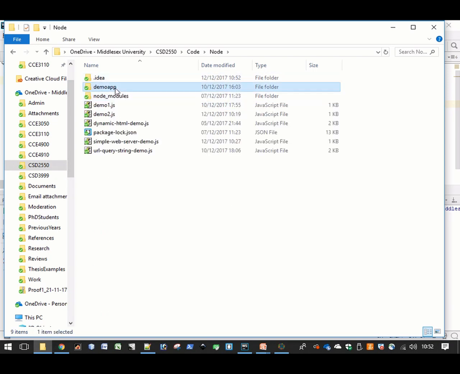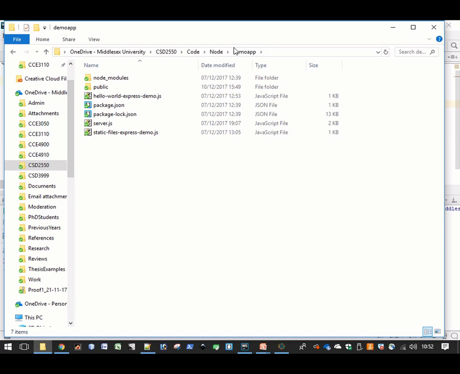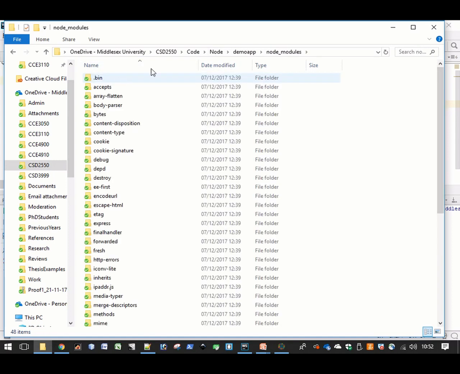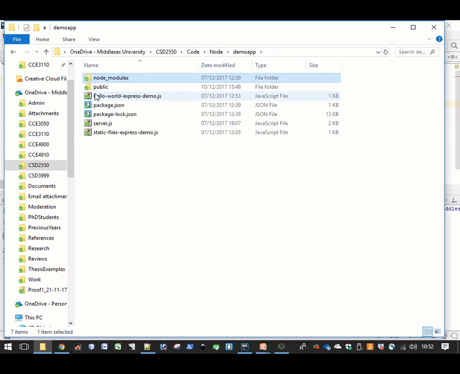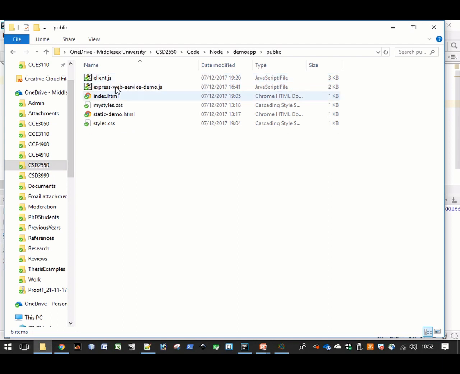This is the folder that I've created and initialized with my package manager, and that's got all this stuff with the node modules and the rest of it, all the complicated stuff. But it's also got a public folder here. That's the folder I've created. Inside this public folder is my static demo and my styles, which Express is going to serve up for me. So now, with a bit of luck, we can go